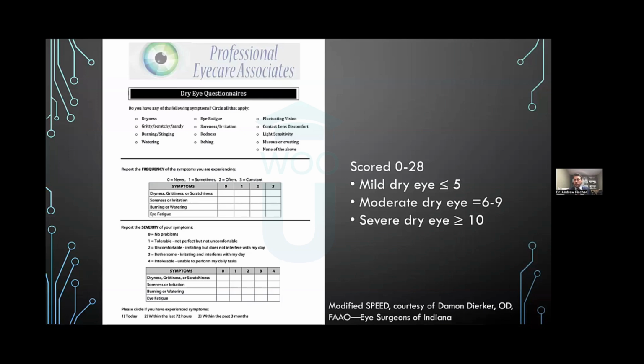And so I usually come in, grade it, and if it's high, we'll talk about dry eye, and I'll do a little bit more thorough screening on them. If it's low, I'll still do my normal dry eye screening as part of the exam, but it just helps start that conversation and have dry eye be at the forefront of their mind if they're having issues as well.